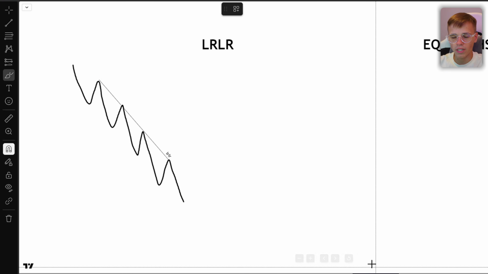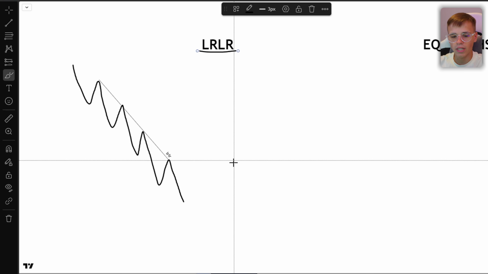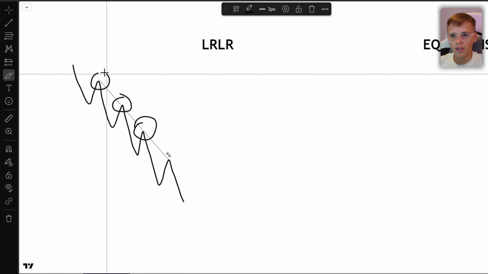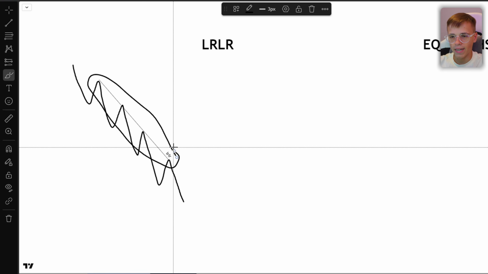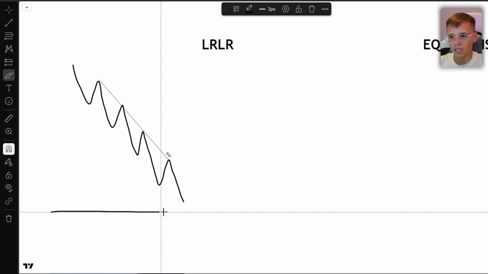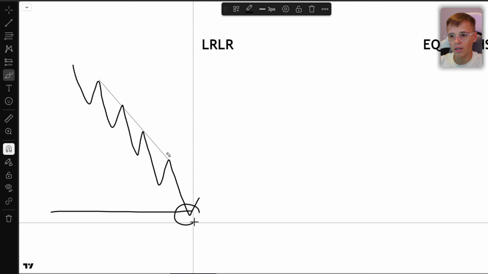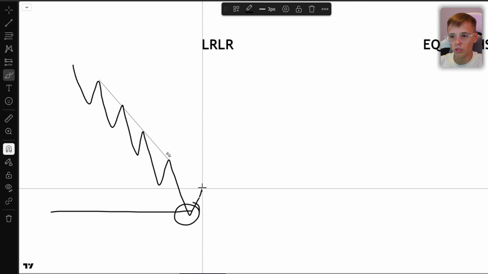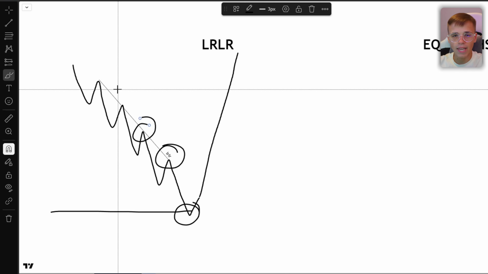And why is this awesome type of liquidity? Because when we spot it in the market and when we want to target it, because it is low resistance liquidity, so we have a little bit of liquidity here, a little bit of liquidity here, like this whole line is full of liquidity, and it is all low resistance. So once we get, let's say, a potential sweep of some kind of important low, and we get a setup right down here, what is going to happen? We are 99% of the time just going to shoot up like this because all of this is low resistance, and we are just going to take it within seconds.